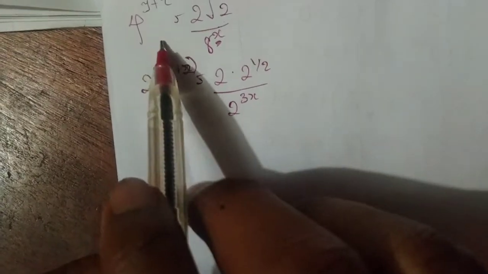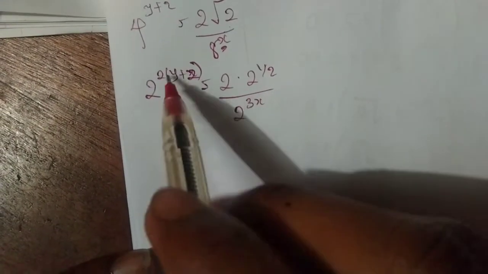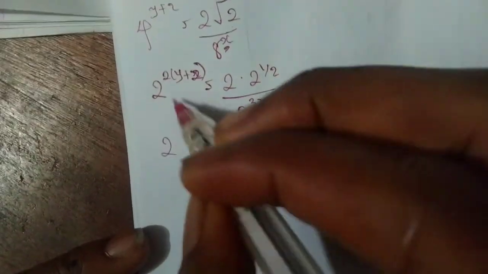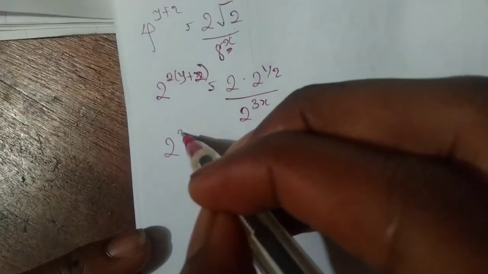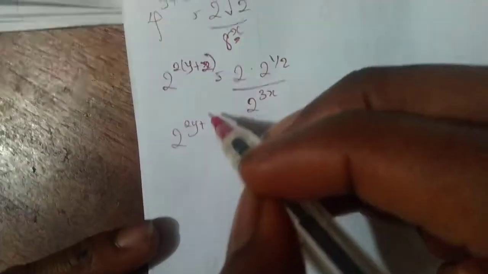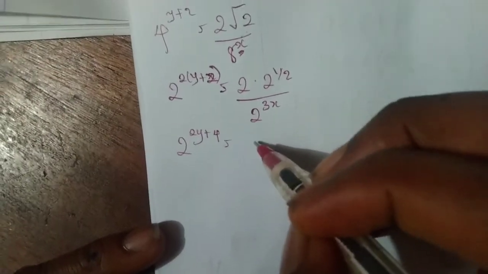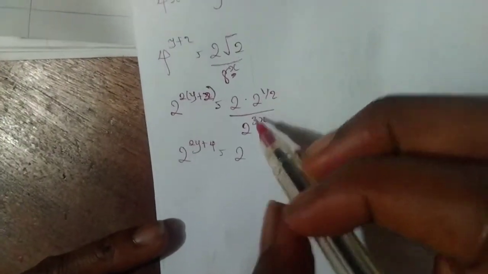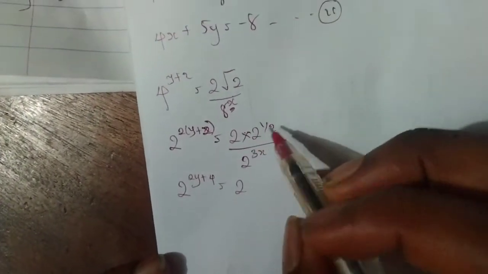So I hope you understand how I got this. So I can write 2 to the power of y plus 2 is equal to 2 times 2 to the power of 1 over 2, all over 2 to the power of 3x. This is multiplication. Remember